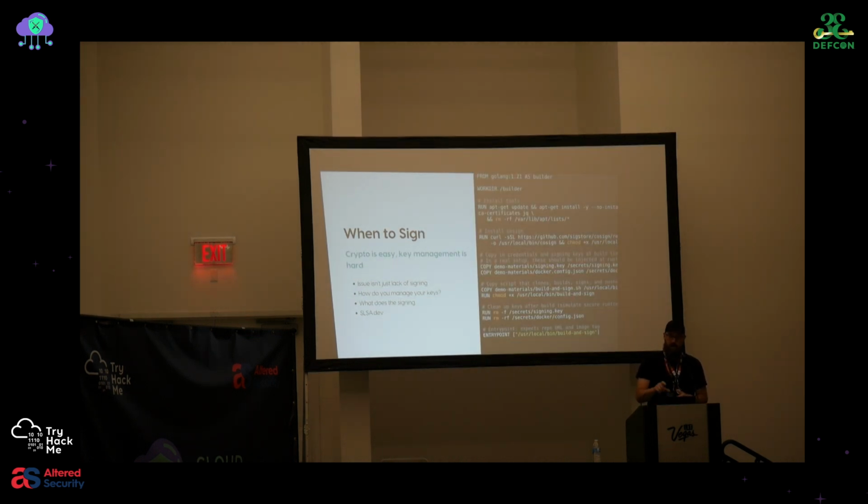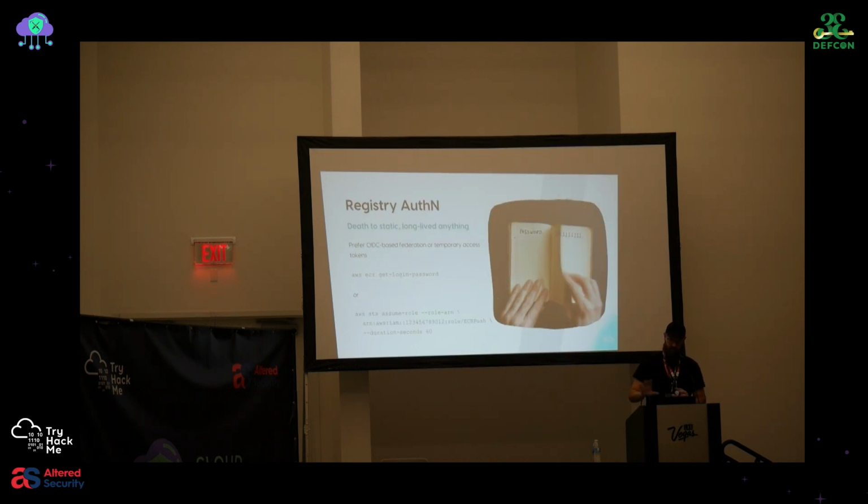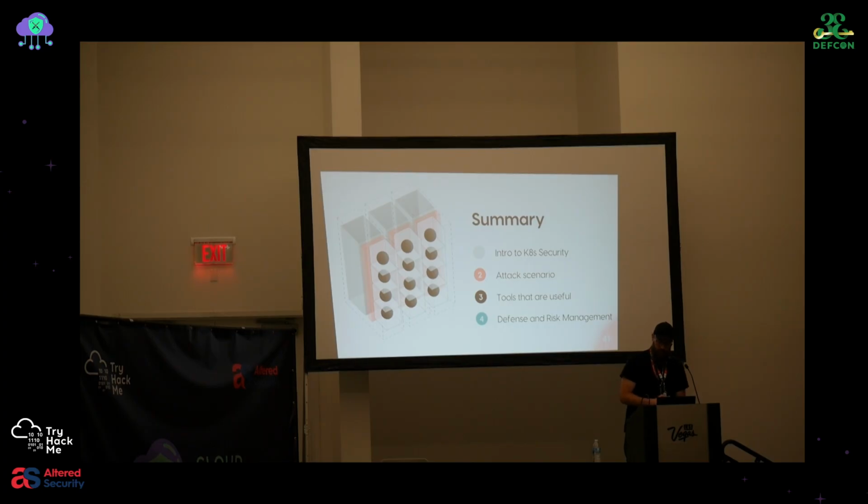The other thing I should mention is that in this Dockerfile, as I'm going through it, I'm trying to do cosign in the middle of my build job. So as all the things are going and as the thing that I'm attacking is getting compromised, I'm also doing the signing operation. That means that when I compromise the container, I'm also compromising the signing key and all that stuff. So the point is, when we sign stuff, it has to be out of band from the normal build process. It has to be extracted, and this gets into the whole SLSA world that we can dive into. Registry auth, just for time, I'm going to skip over this one. Obviously, we need better auth. There are smarter ways to do this.